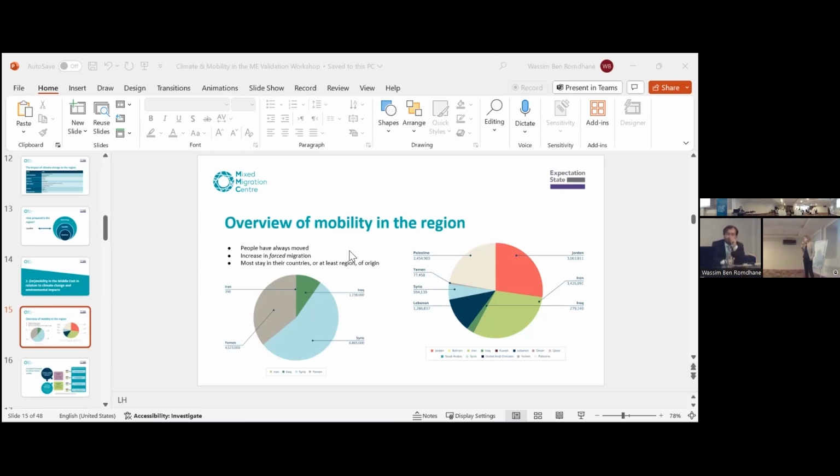And then voluntary immobility. So people don't want to move most of the time. People want to stay where they are. They want to stay with their families and with their communities. This is really important. And I mean, there are definitely generational aspects to this that overlay all of what I'm talking about. And good to hear that we've got someone who's really thinking about where the youth population fits into all of this. But we really need policies that foster adaptation and resilience, that allow people to choose to stay,